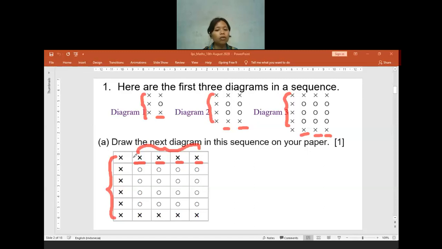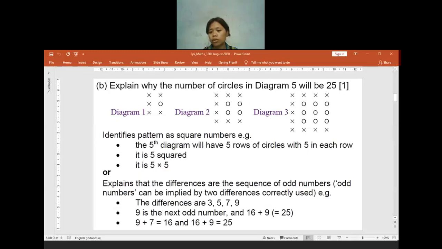Is there anyone who is confused about drawing diagram 3 or maybe has a different answer? Hello? I cannot hear anyone. Is there anyone having a different answer or difficulties? No? Okay. If you have no question, please feel free to ask me whenever you have any question. Do not keep being quiet. I will not get mad if you ask me so many questions. It will be better so we can have a good discussion rather than you keep being quiet.